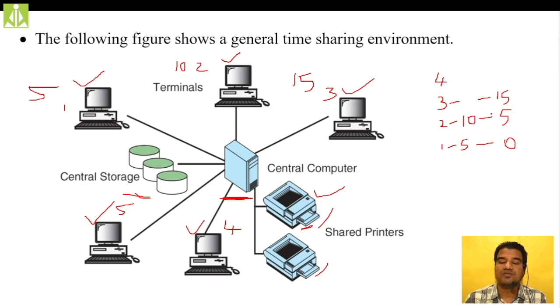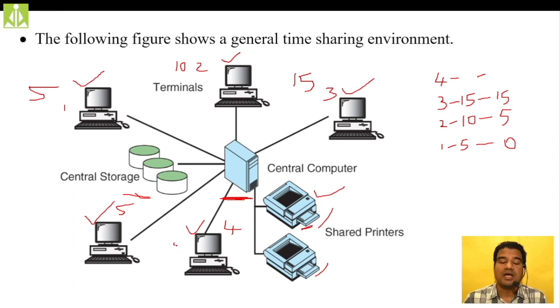3's waiting time is 15 minutes, because it has to wait until 1 completes its job and 2 completes its job. Terminal 1 will complete after 5 minutes and 2 will complete its job after another 10 minutes. So 5 plus 10, 15 minutes 3 has to wait. And what is 3's job length? That is 15 minutes, isn't it? So likewise, the fourth terminal, how much time does it have to wait? Because we have not given any specific timing for this fourth.